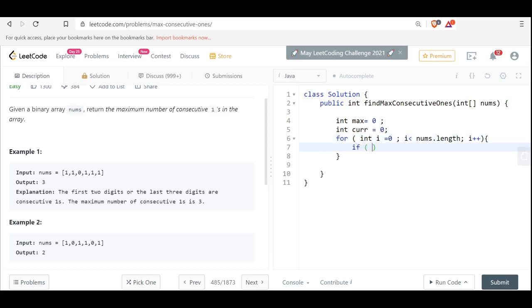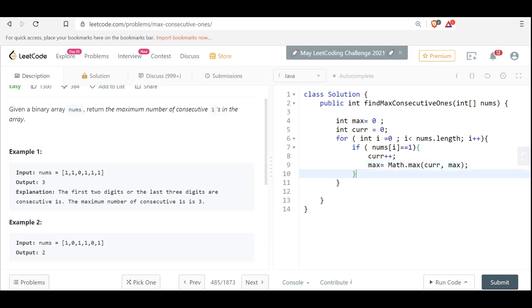But I am saying if nums[i] equals 1, I'll say current plus plus, and my max is equal to Math.max of current comma max.